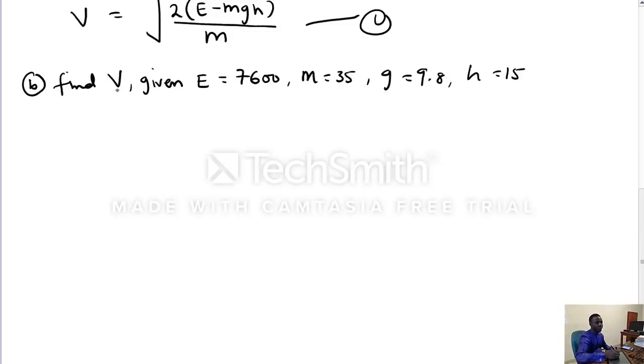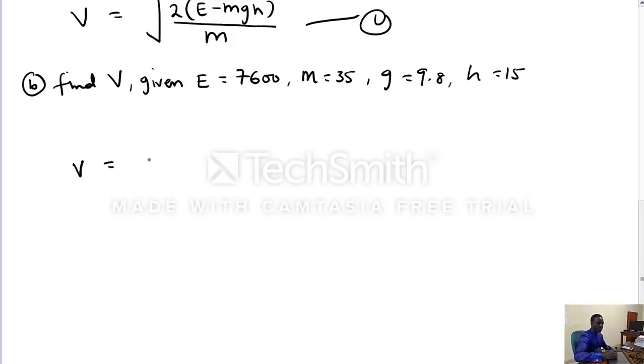B says we should find v, given E to be 7,600, m is 35, g to be 9.8, and h is equal to 15. So I'm going to substitute into equation 1, and that will leave us with the value